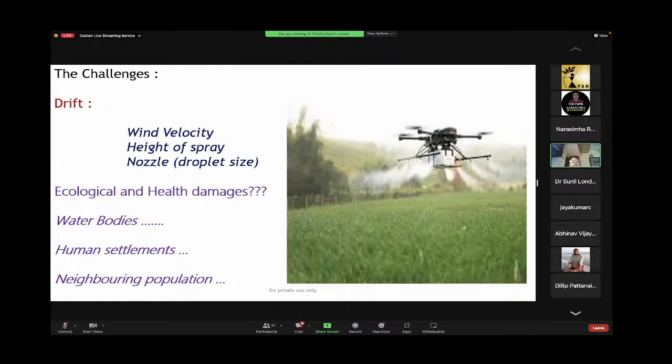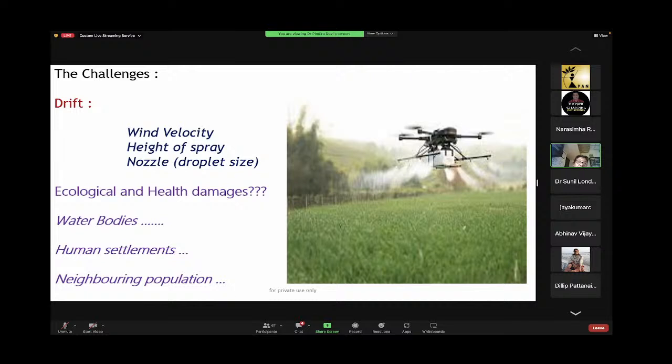But we at Agriculture University did some preliminary studies 3 years back to understand the technicalities of application of drones in spraying of not chemicals but other microbial formulations as well as micronutrient formulations. So some of the basic apprehensions or some of the areas which we found